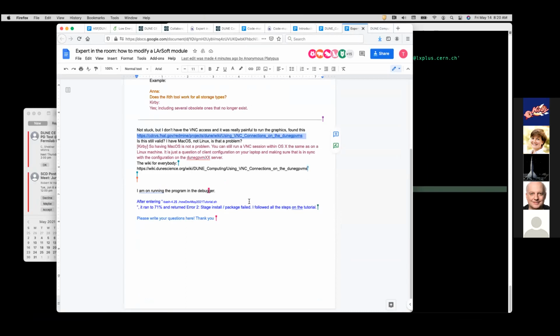You're running a program in the debugger. Oh, are you trying to, oh, you didn't, okay, that's a different question. Someone got a